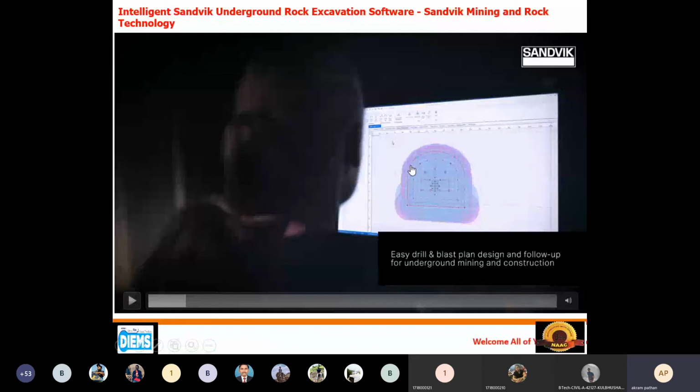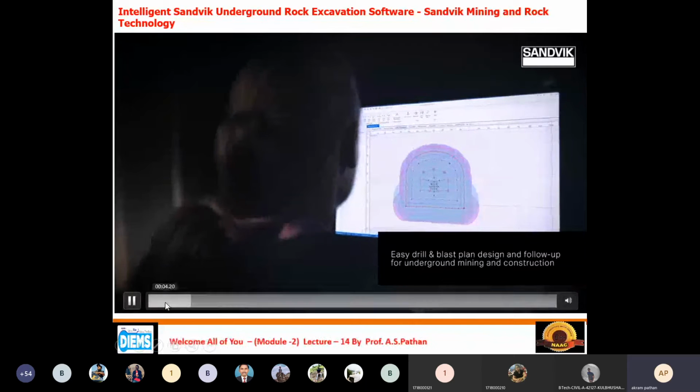For example, this is the first row, this is the second row, this is the third row, and this is the fourth row. So whatever may be the number of holes in a particular row, from the bottom up to the top, we have to plan it in the Sandvik software of the tunnel.